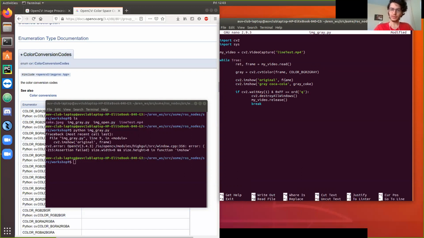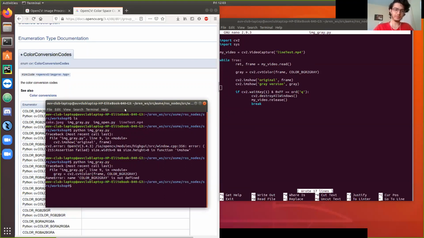And then I want to show the frame and I want to show gray. And then I'll name this, instead of original, we'll name this gray version. How about that? And then if I save that and I go over here and I run this again,